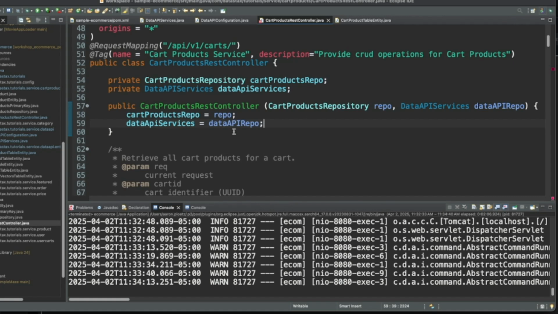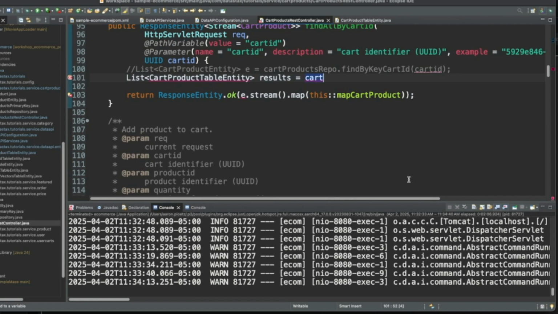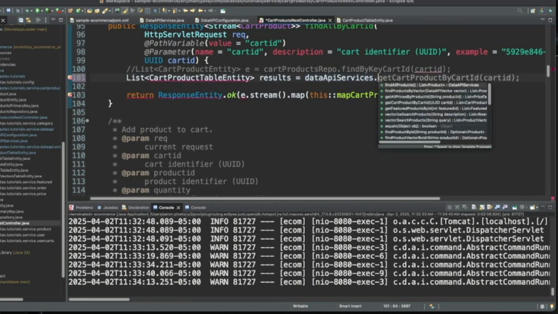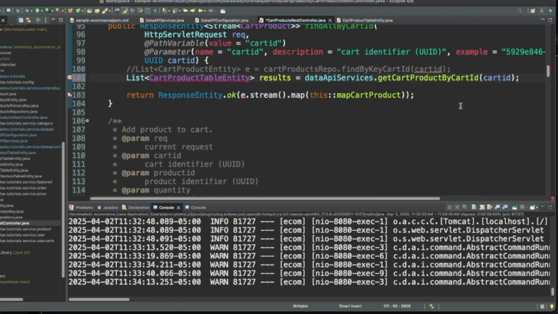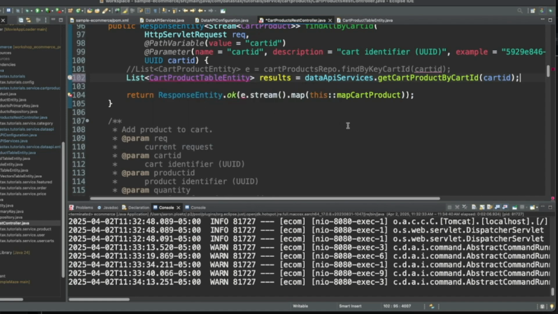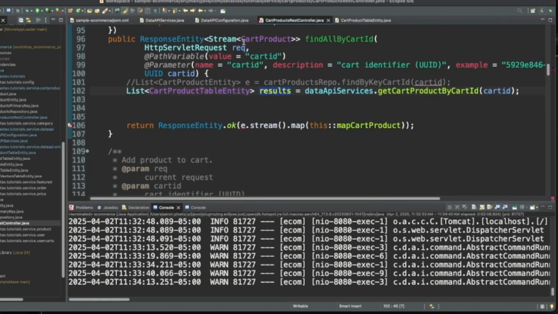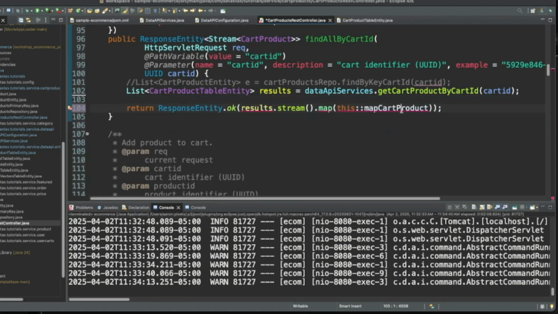Perfect. Okay, now we have this data API services object that we can go ahead and start using. So now let's say data API services, get cart by cart ID. All right, and now we just need to import that cart product table entity. All right, so now we have our list. The only other thing we need to do here is map the results back to a cart product object. Now, our map cart product method is not set for that type of object.